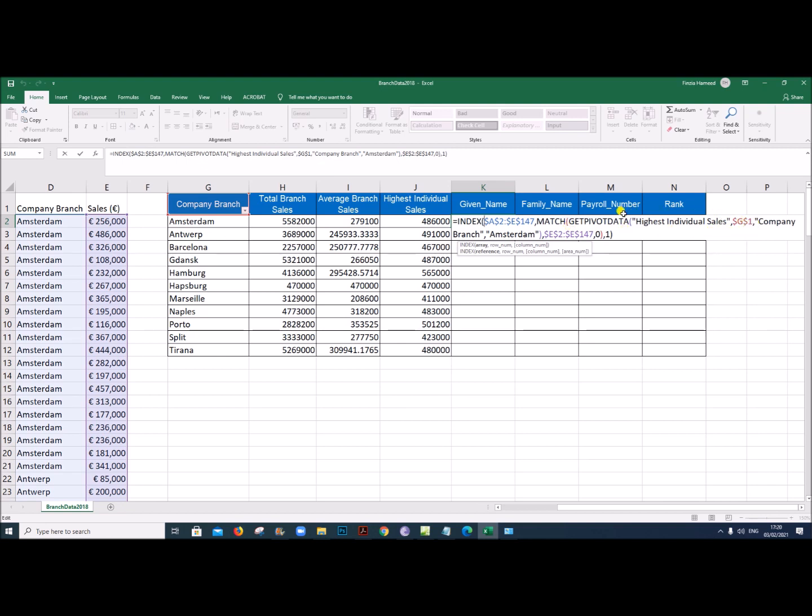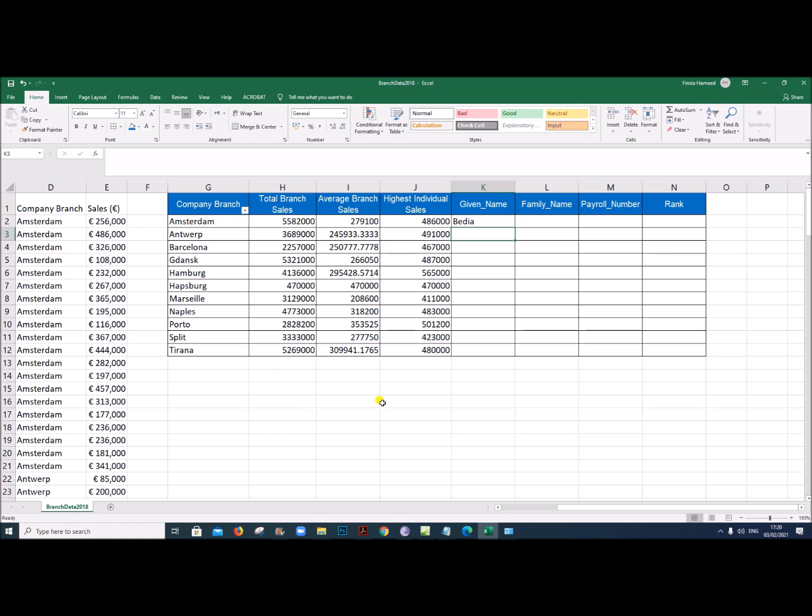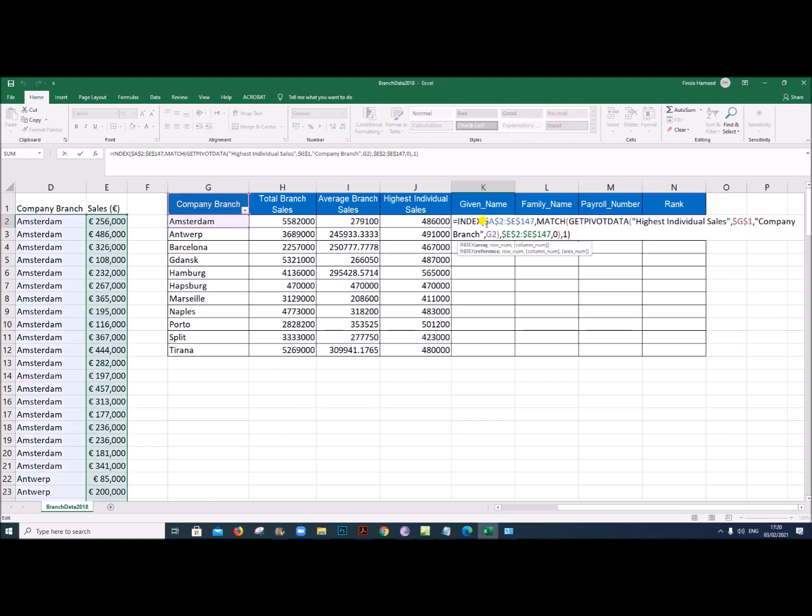Here this value is based on the highest individual sales for the branch Amsterdam. It's given like this. So in order to replicate it, let us change it to the cell reference. So I will give the cell reference here. So this is the formula.